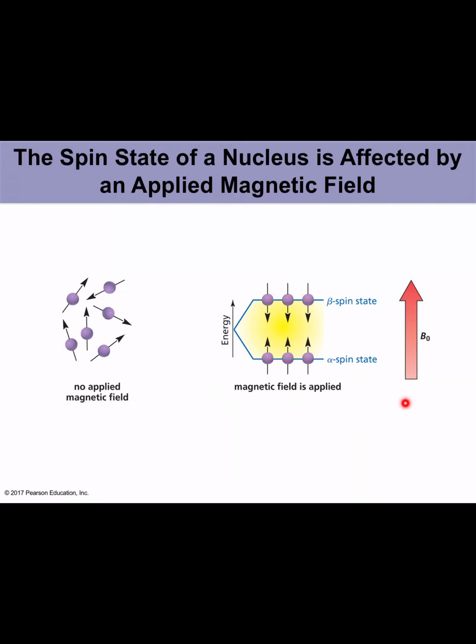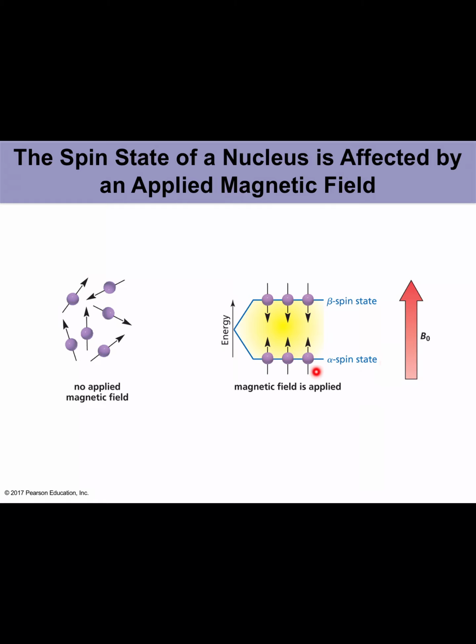And then you apply an external magnetic field, which we can consider as B naught. When the magnetic field is applied, these random spins align along with the magnetic field, so you can see that this is pointing upwards, and some of these spins will also align along with the magnetic field,